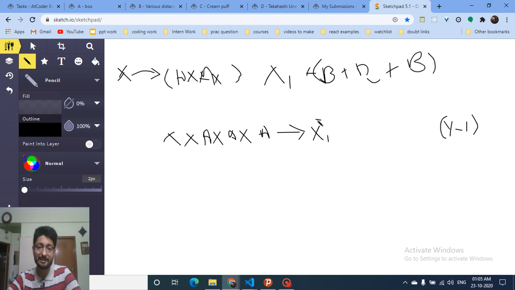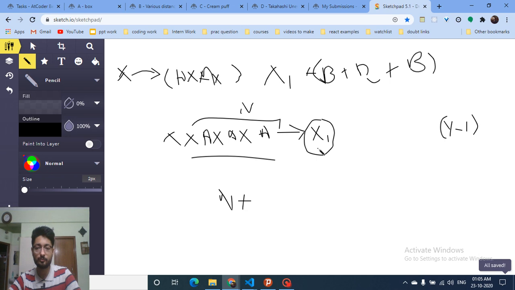So I have reached x1, having done some multiplications by a. So how much experience will I gain? If I have done a n times, n is the experience I have gained till now. Then how much more experience will I gain? I have to go from x1 till y1, as close as y1. I should not exceed y1. So how many times will I do it?